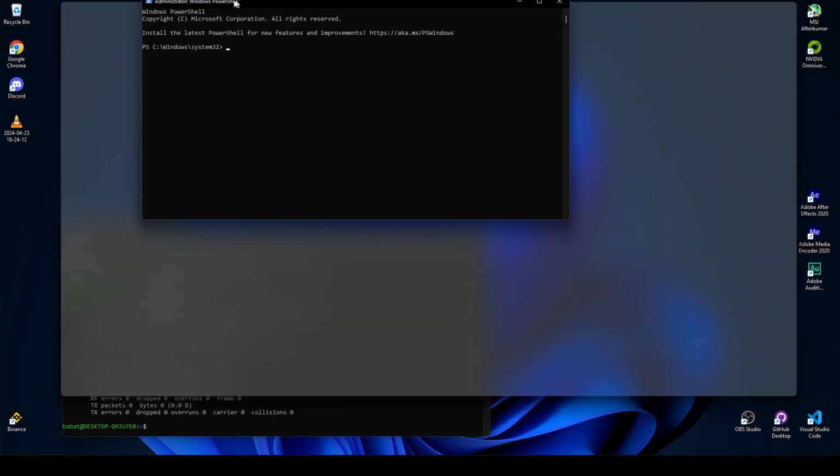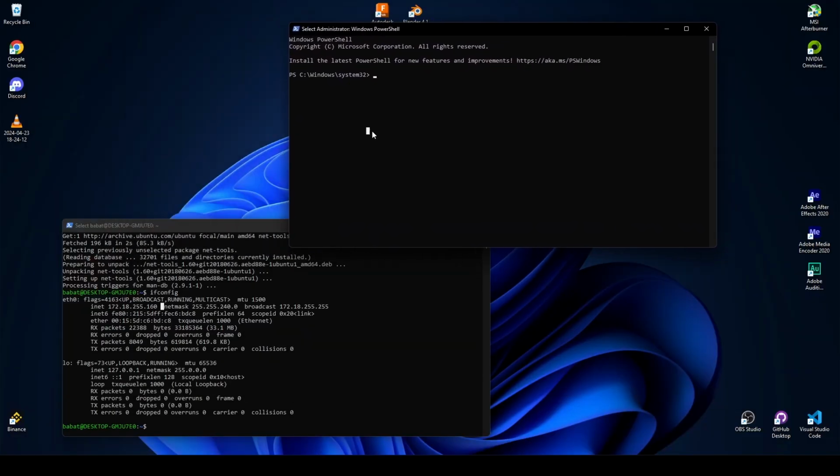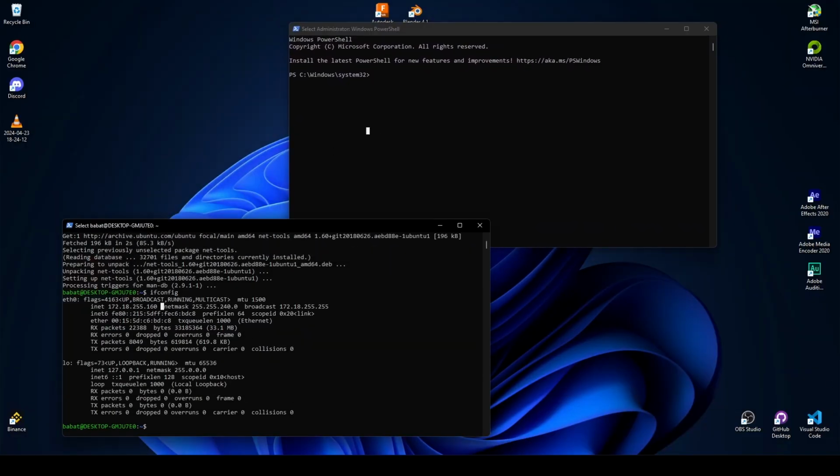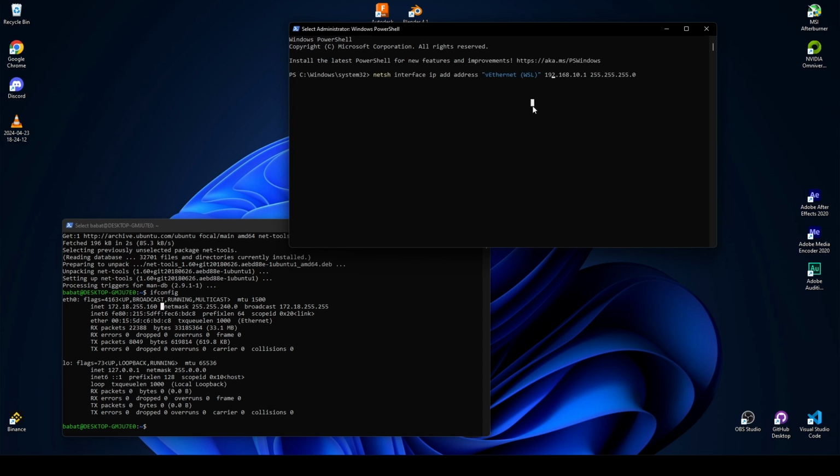We need to add an IP to the WSL. I just copy and paste this command. What this command does is set up the vEthernet WSL interface to this IP address, and then enter.